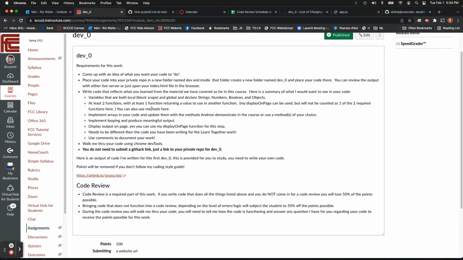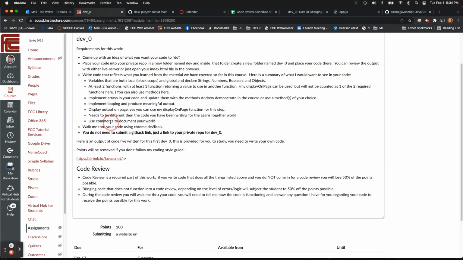And by the way, you don't have to give me a GitHub link for this because it won't work in the private repos. So you want variables, all these types, at least two functions, and one function has to return a value used in another one. The display on page doesn't count here. Implement arrays, implement loops, produce meaningful output, display output on page. Yes, you can use mine. It needs to be different than any code you've used before.